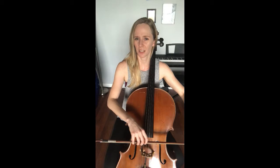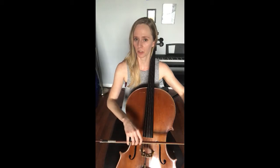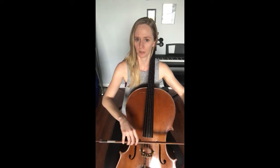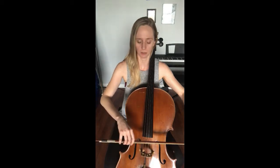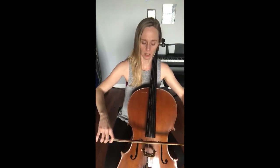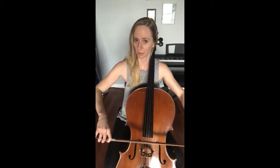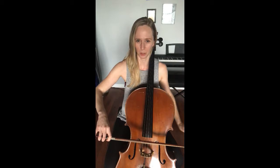Now, what am I paying attention to here? One, that my form in my hand is staying intact, but also what my elbow and my shoulder and my wrist have to do in order to trace this straight line. That's what I'm thinking about right now. Okay, so once you've done that a couple of times, let's come back to the bow here. Getting my grip ready again, I'm going to settle the hair into the string a little bit, and now I'm just going to push